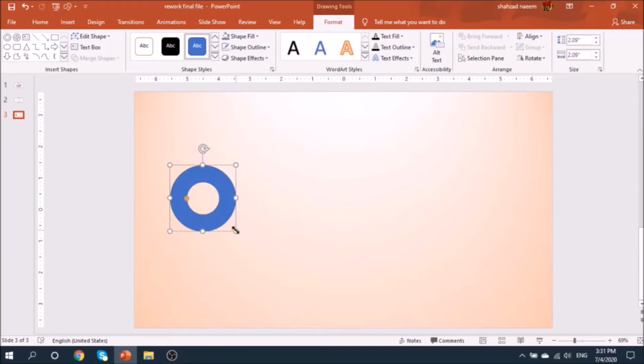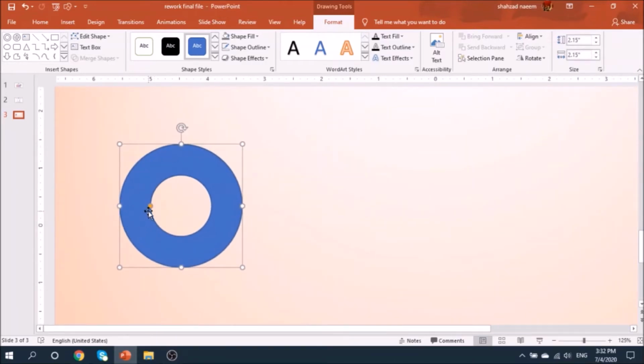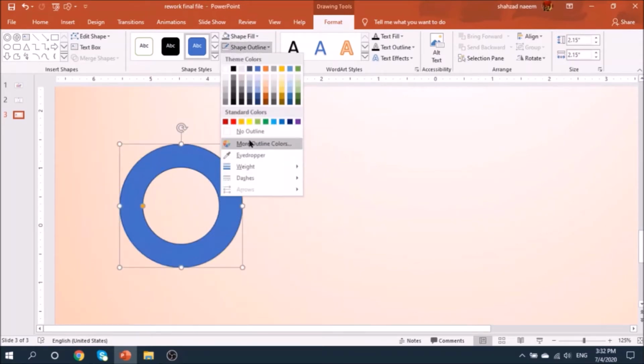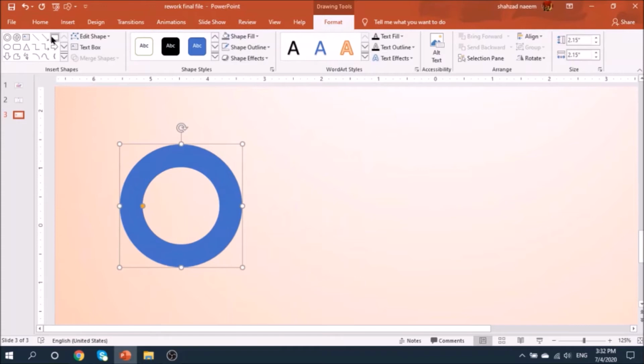Let's adjust the size and make sure it is the same height and same width. I'm making it 2.15, 2.15. Now selecting this orange bubble and reducing the thickness and removing the outline, going into the shapes section and selecting